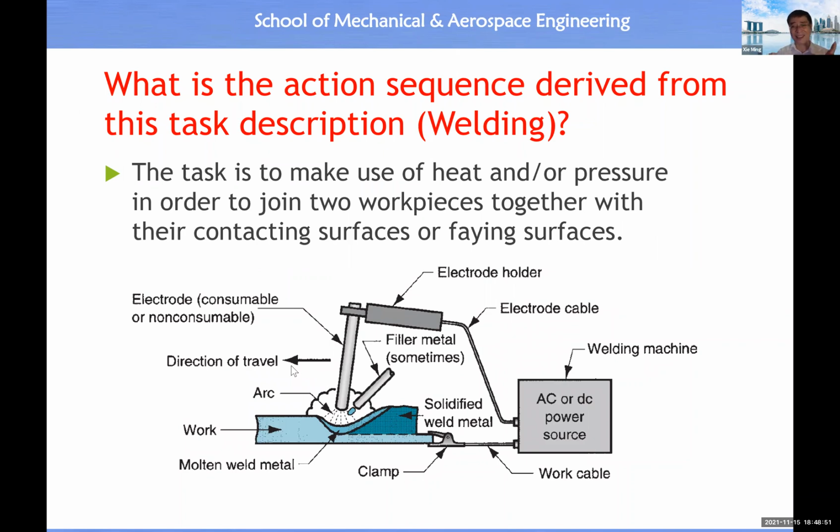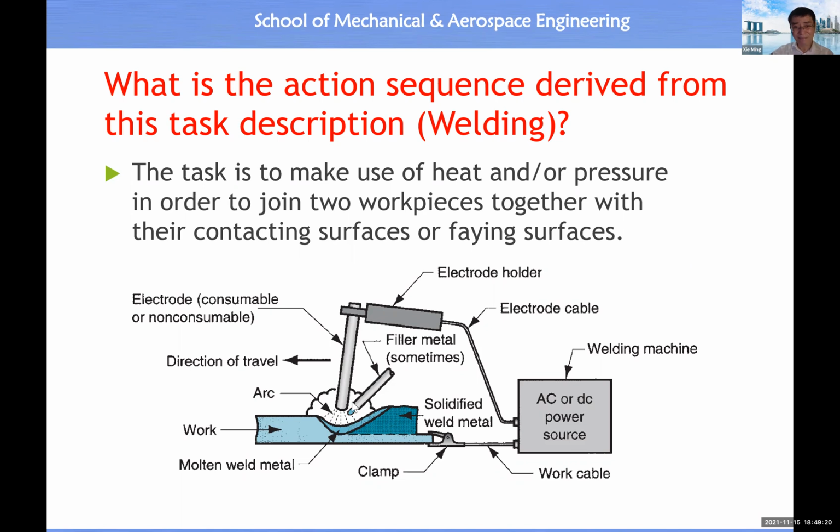Okay, welding is an assembly task. Welding means to join two workpieces together by adding additional material. After solidification, these two workpieces will join permanently together. So this is a task description. Then you will see, in order to operate this process, we must have